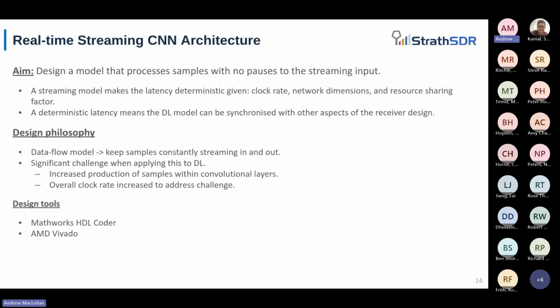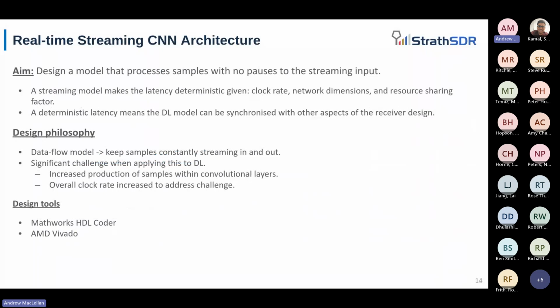And so I went with the perspective of maybe I should build this from basic principles just to see what happens, see what I can get done. And I had a specific goal in mind where I wanted the model to process every sample that is received into the model without pausing or slowing down the input. So it has to process every single sample that it receives.